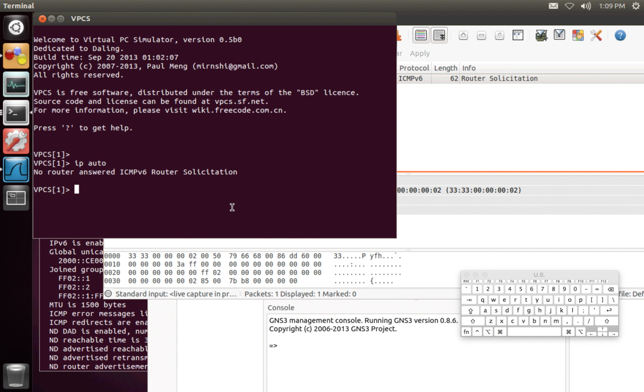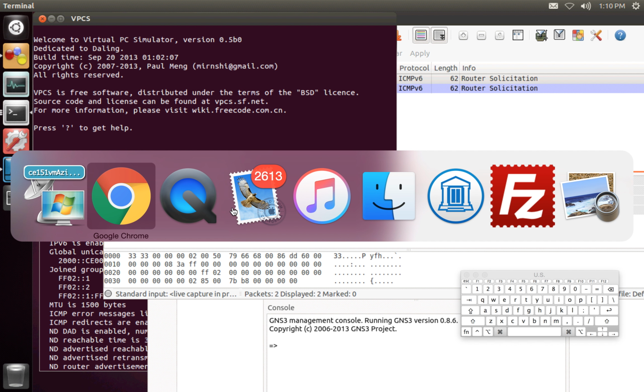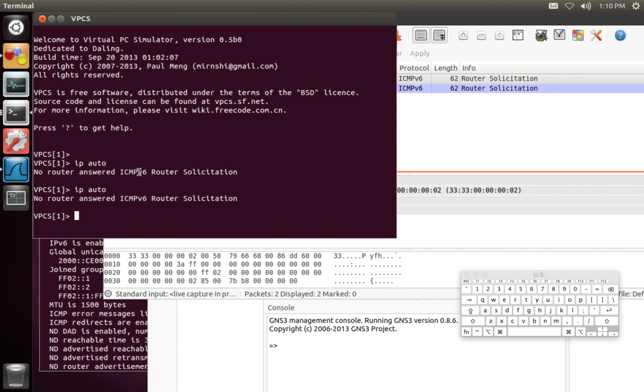Okay, let's do it again. Oh, okay, I see what the problem is here. When we do IP auto, that means this device needs to assign itself an address using the router advertisement, and